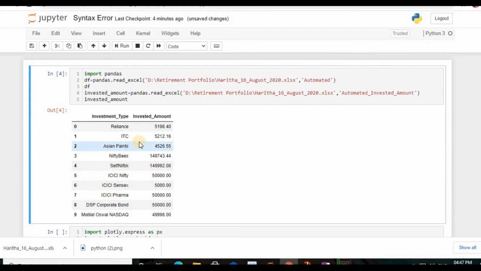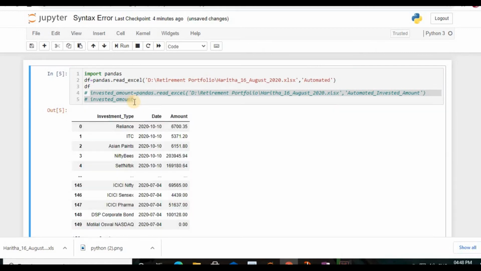So what is this? I'm just explaining here. I used the word import, and I created one data frame. In that data frame, I want to keep my Excel file, so I printed the first rows. In my data frame, I have this file, and the file name is automated.